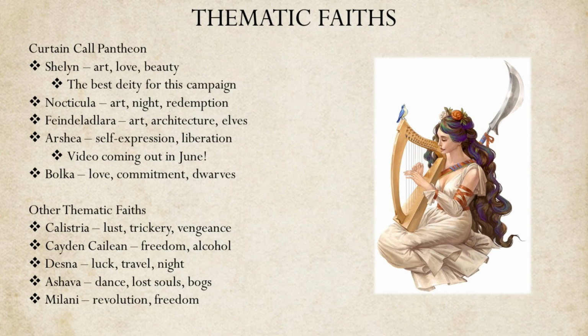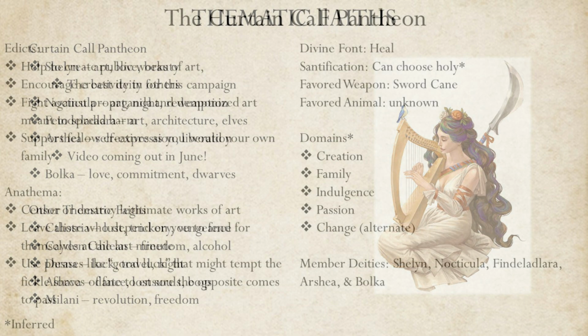Bolka is the dwarven goddess of marriage, passion, and commitment, though she is also sometimes interpreted as a goddess of beauty among the dwarves. She is generally seen as peaceful, loving, and devoted, though she has a boundless enthusiasm for romantic relationships. Dwarven artists tend to revere her with the same hard-working ethos that their people have become known for.